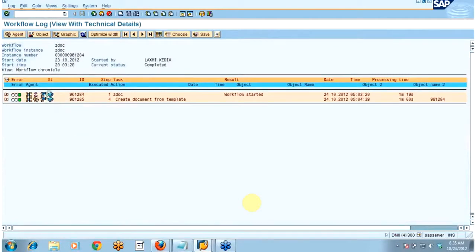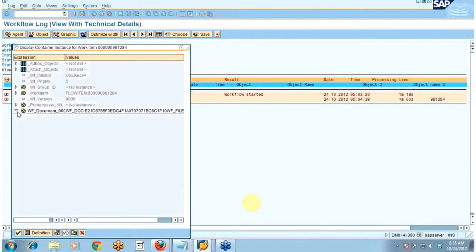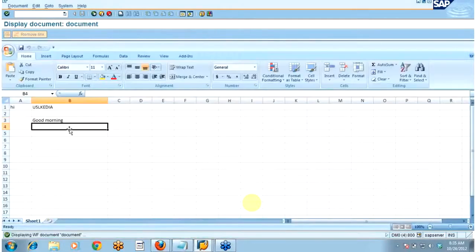Just select this container, in this document right click, call default method. You can see the changes I have done have appeared here.